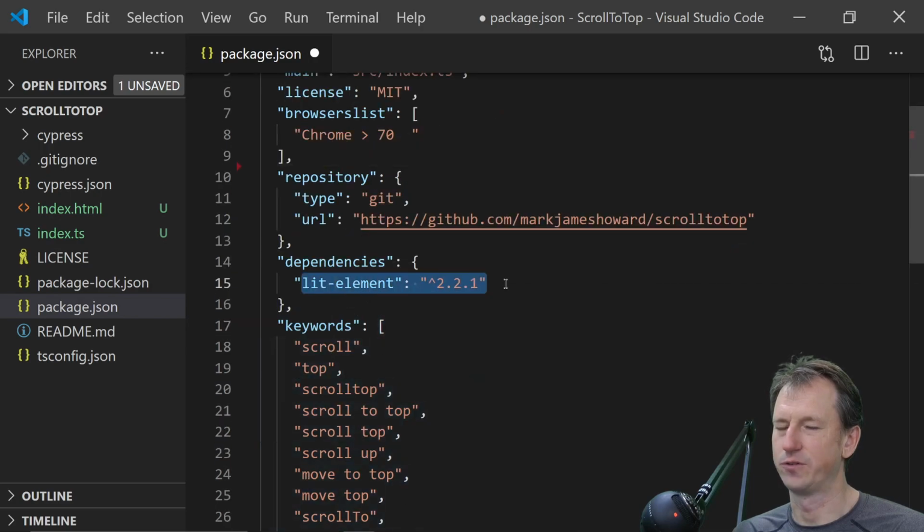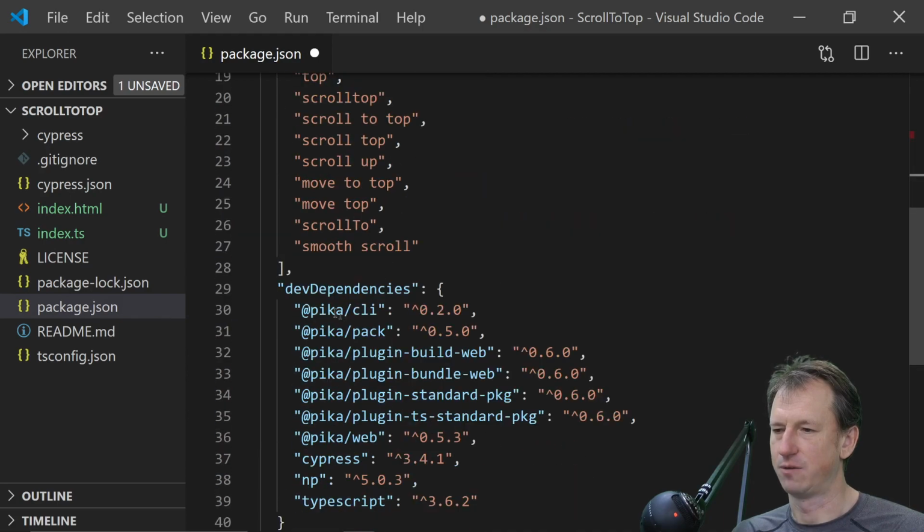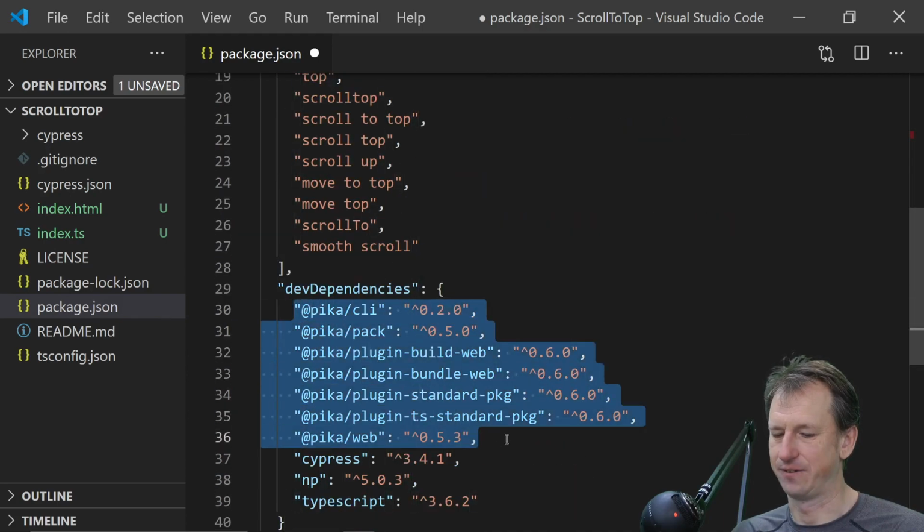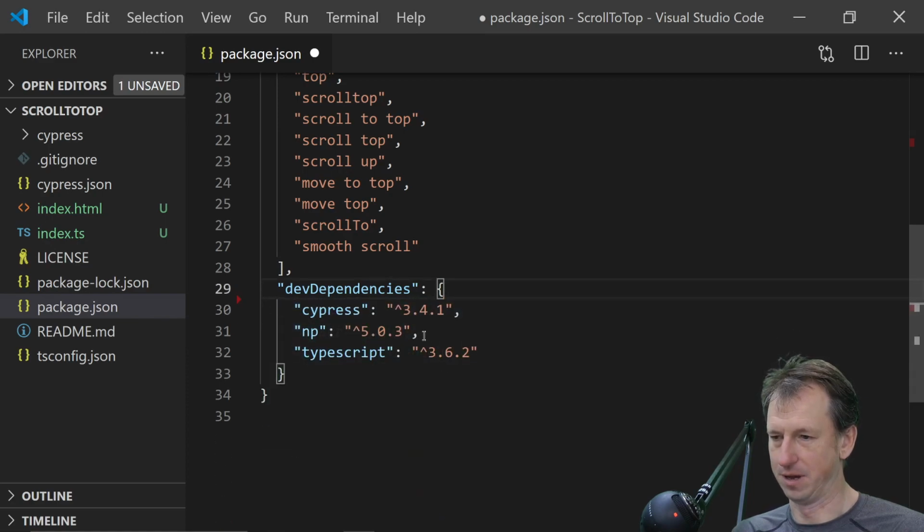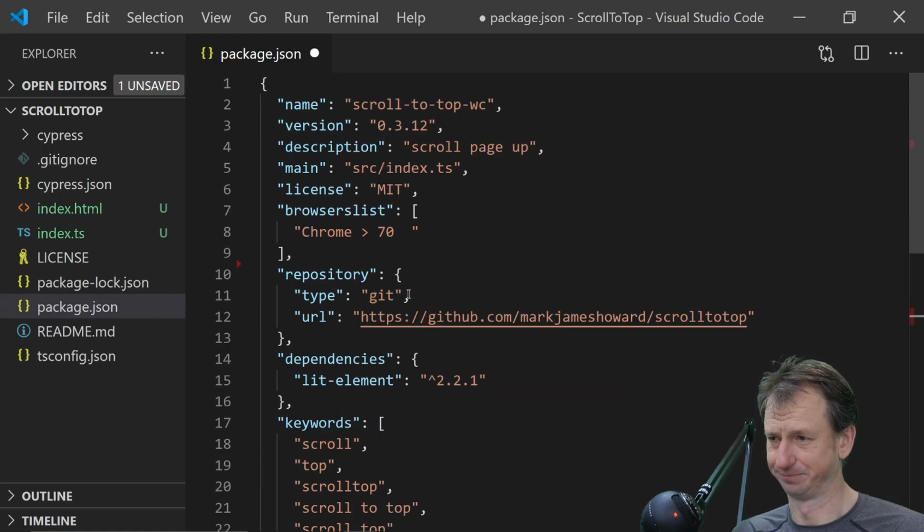LitElement at the moment we've got version 2. Version 3 at the time of recording is pre-release, but we can get hold of it. So we're going to go to version 3. Right, all of this Pika stuff can go as well. And I'm not sure what NP is. I imagine that was just a typo, so I'm going to ditch that. Okay,